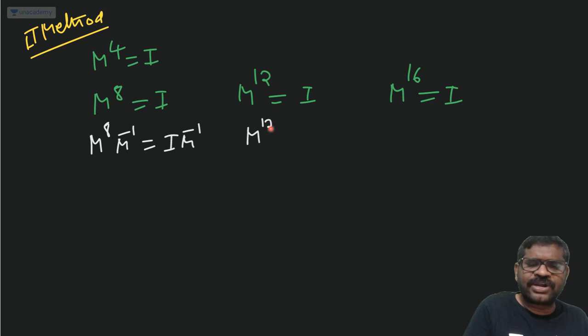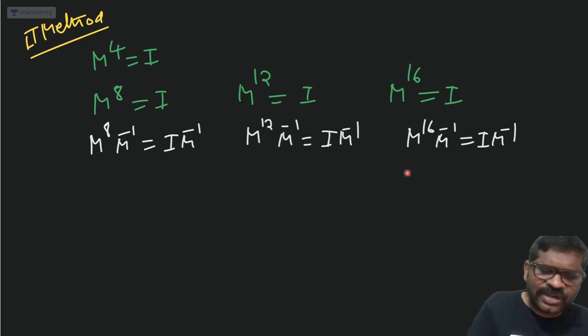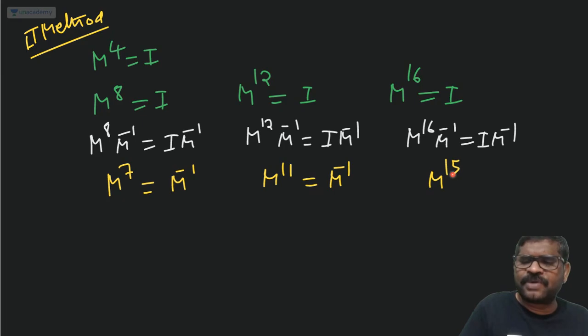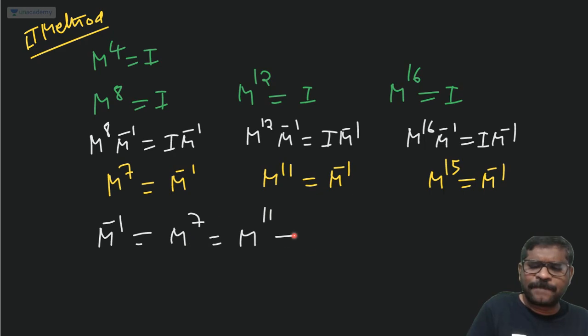M power 12 into M inverse is I into M inverse. M power 16 into M inverse is I into M inverse, like that. Therefore, M power 7 equal to M inverse, M power 11 equal to M inverse, M power 15 equal to M inverse. Therefore, M inverse equal to M power 7, M power 11, M power 15,